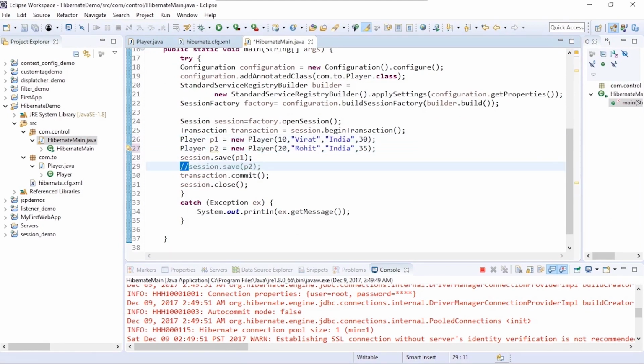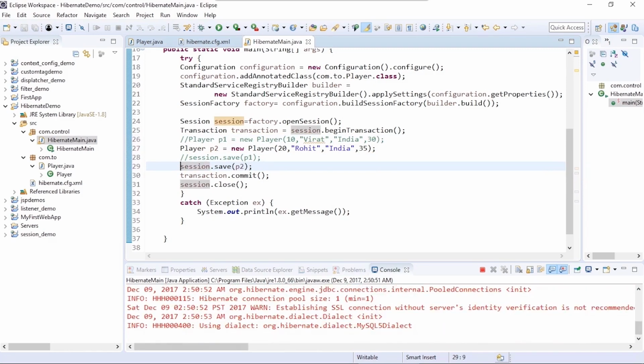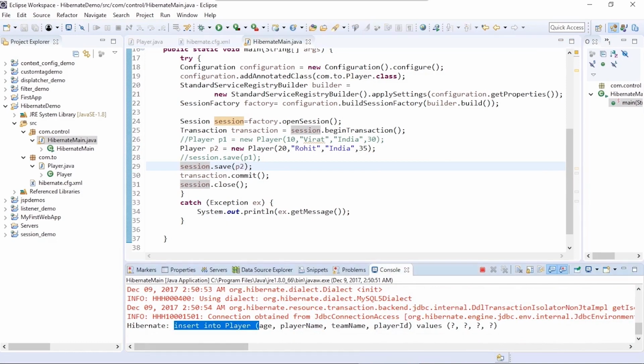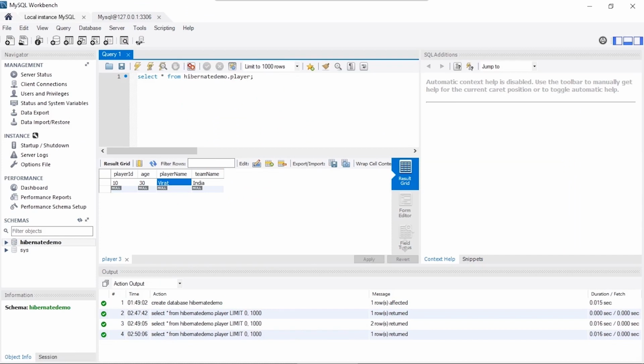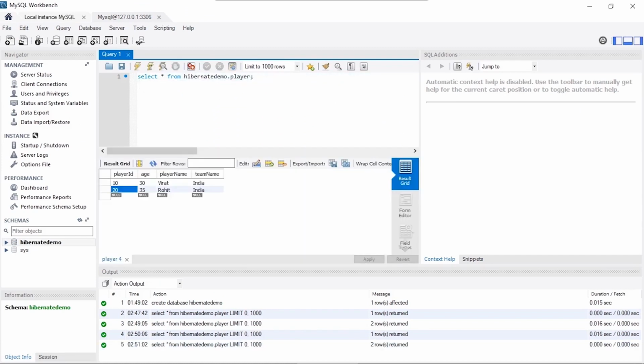So we'll comment this and uncomment the second player and execute. It's now generated a single insert command. Let's check in the database what has happened. So we had one record. You can see now it did not drop the table, it just updated it with the second record.